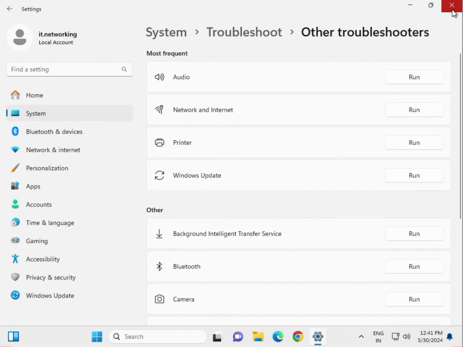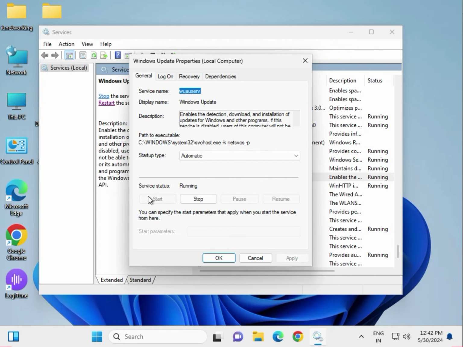Double click to open, and if it is disabled or manual, so please select automatic. Okay, then apply, and if it is not started, so click on Start, then OK, and then again select the Windows Update and then click on Restart,